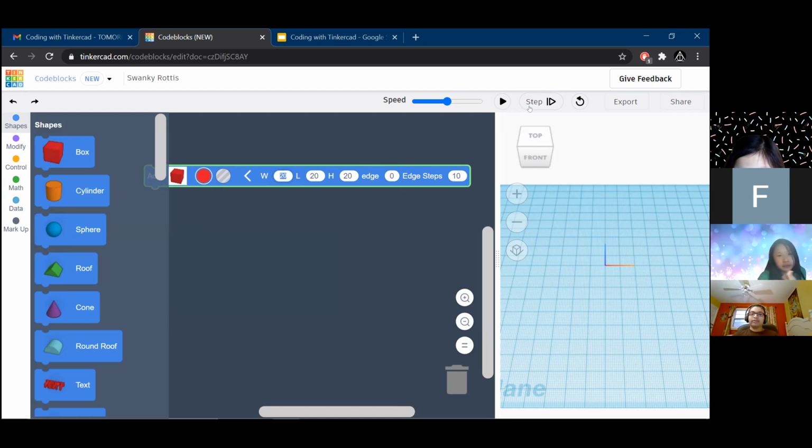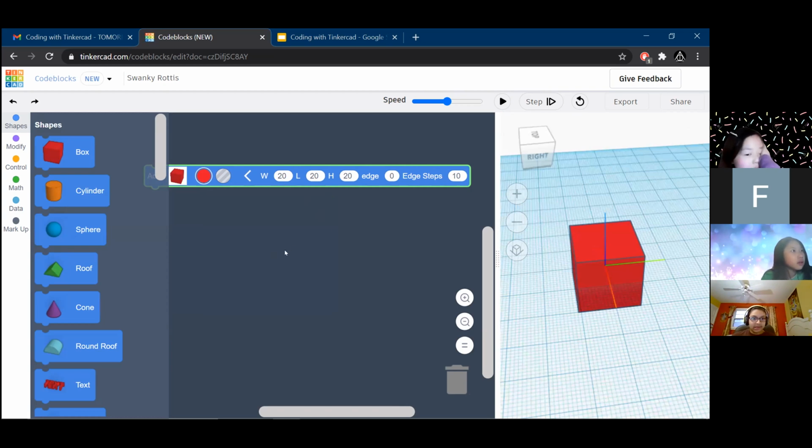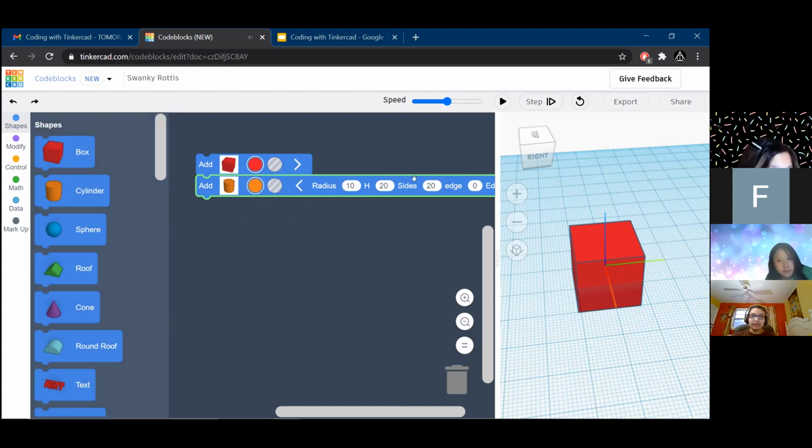So let's see what happens if I run through this code. If we press this play button over here, it will run through our code. We have a simple code right now that just drops in a box. Now the thing is that these codes run in order, right? So we have this one, then if we drag over something new, that one will get added next. If I make this, let's say 40, it's going to be a much taller cylinder.